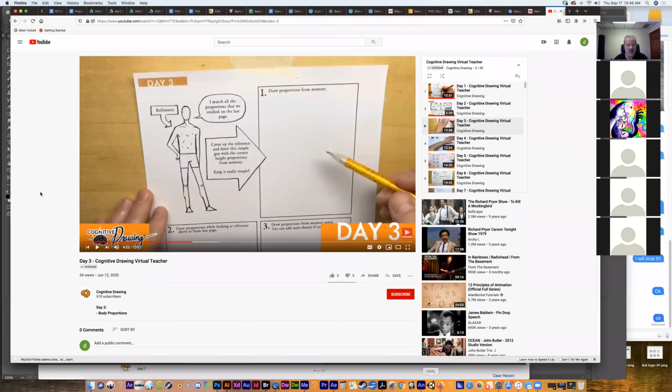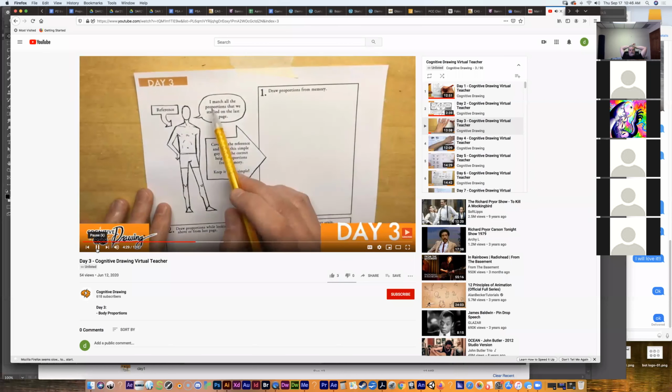Actual cognitive drawing study of the proportions. Now remember, it's just for the proportions, nothing else. I match all the proportions that we studied on the last page. Cover up the reference and draw this simple guy with the correct height proportions from memory. Keep it very simple. Okay, so we're going to